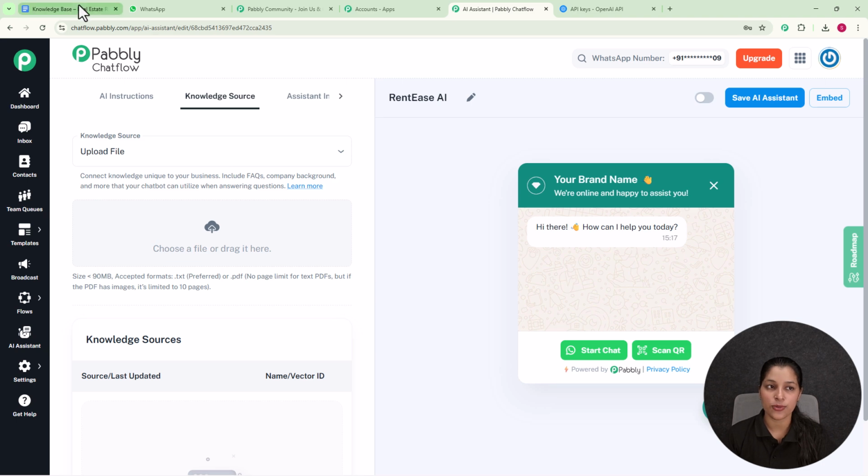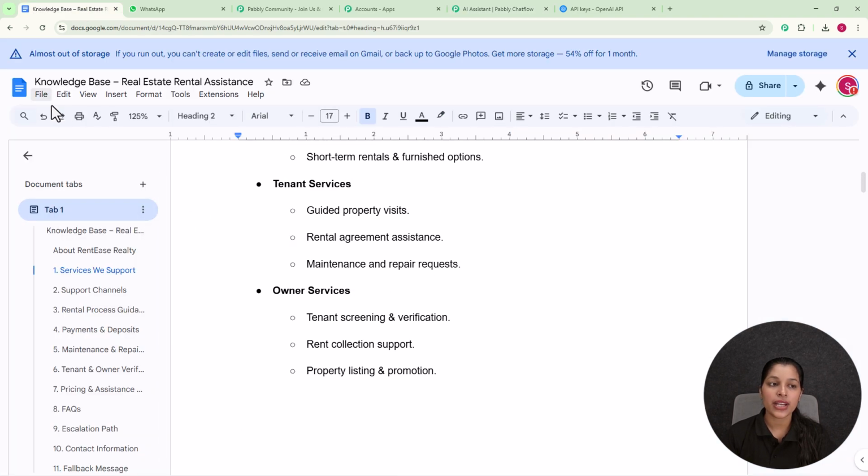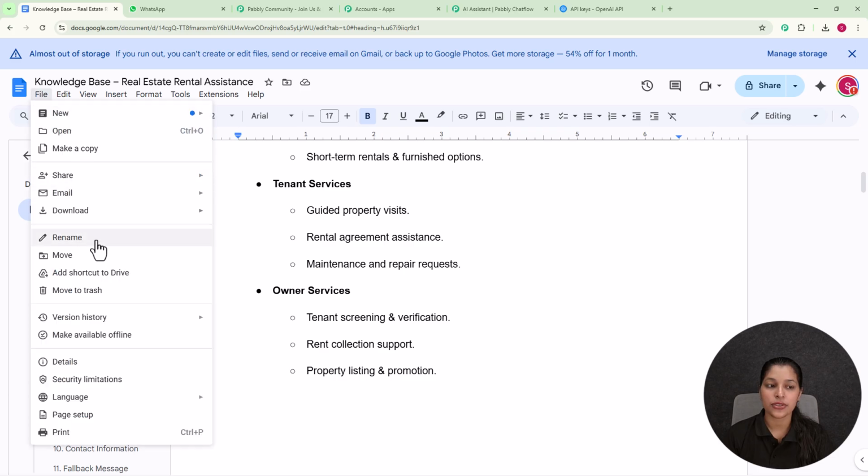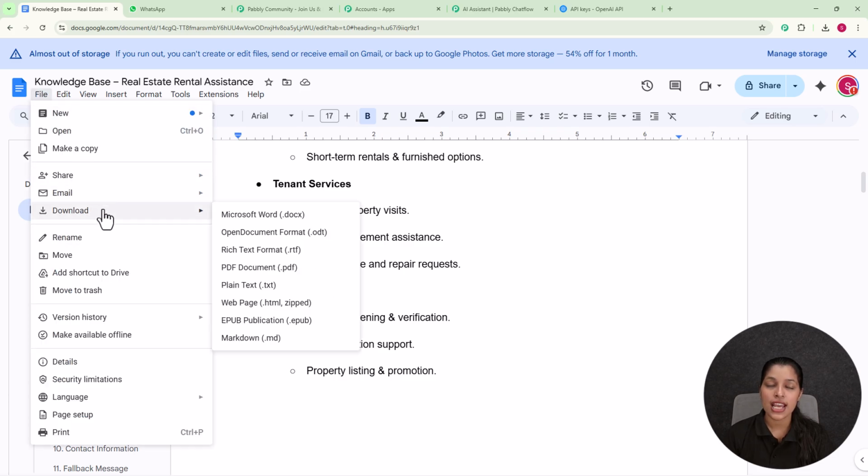So for that, let's move on to my knowledge base, and here you can see we are getting the option for file, so you just have to select it, and here you can see we are getting the download section, and from this download section you have to select your format such as PDF and .txt. So I have already downloaded my file in .txt format, so I will be uploading it over the Pabbly Chatflow